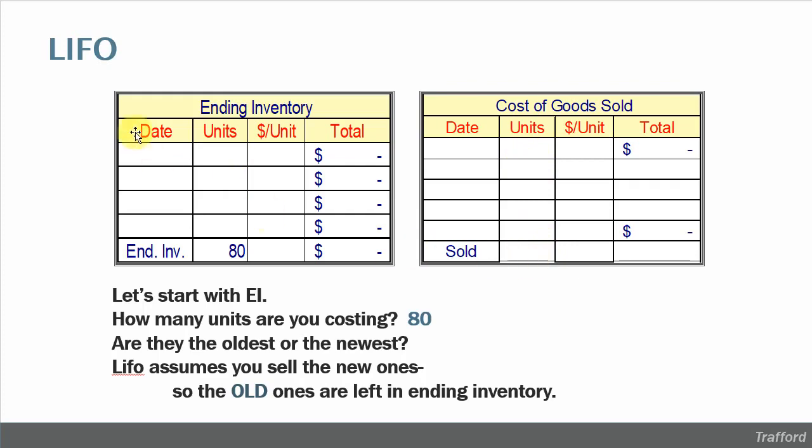For ending inventory, when you go back to that schedule, the first thing that you'll notice is that the first layer of inventory is the 60 black umbrellas that were there from beginning inventory. 60 isn't enough, we need 80. So after you take the 60 black umbrellas, go to the next oldest layer of inventory. I believe those were the blue ones. Try to complete these two schedules on your own and check your work,